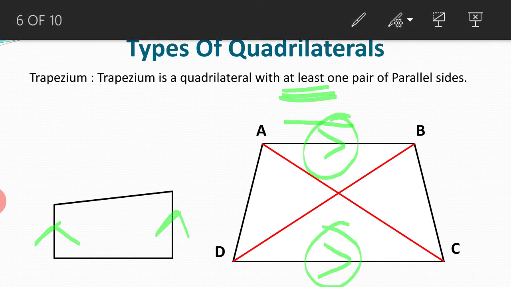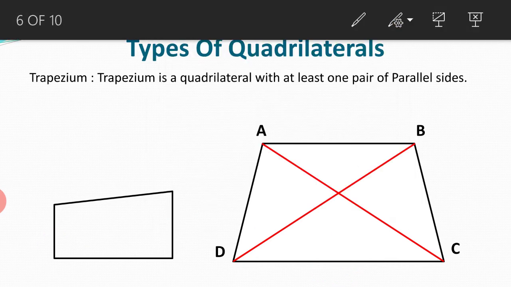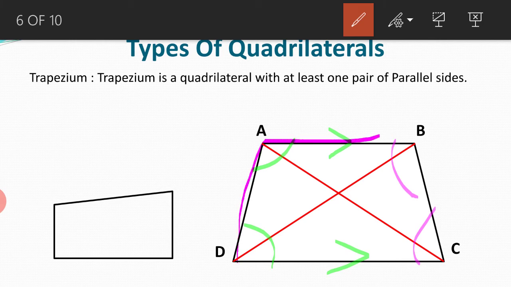Now as there are parallel lines, as I told you, recall the properties of parallel lines. Which lines are parallel? AB and CD. So what about these angles, one marked with green and another marked with this? Can anybody identify which angles are these? Are you recalling something which we have discussed earlier?